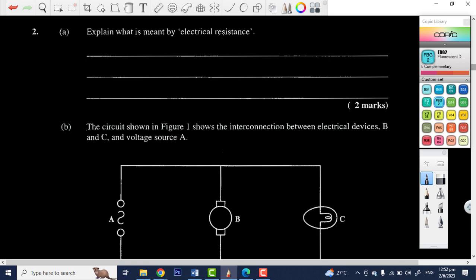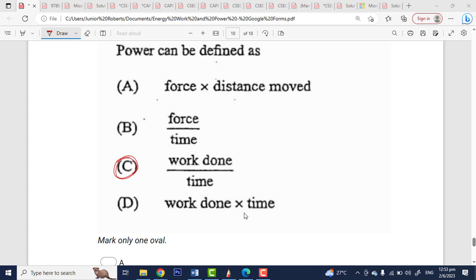So the first thing it says here, we're to explain what is meant by electrical resistance. I always tell persons, in physics we tend to give these things names that are actually meaningful. Because when we think of resistance, it simply means that we're opposing something, not true? Yes, sir. Right? And if we're talking about electrical resistance, it's basically the same thing. We're opposing electricity, and electricity is merely the movement of charges. So we can talk about electrical resistance as a property. We can have an electrical device that resists the flow of electric current, and we can refer to that as an electrical resistor because it offers electrical resistance to the circuit. So we can simply say that electrical resistance is